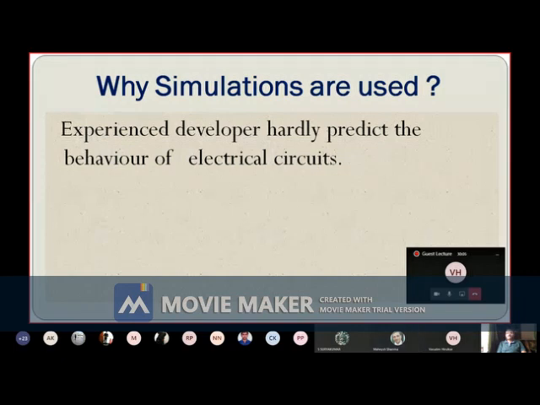For DC circuit understanding or analysis, it is easy. But if you go for AC circuits or some complicated circuit, it is really difficult to predict the behavior of the circuit. Then what we can do, we take a physical component,